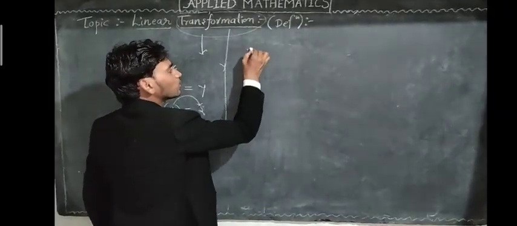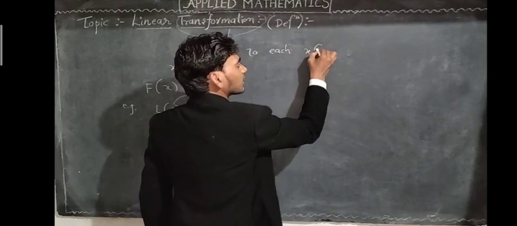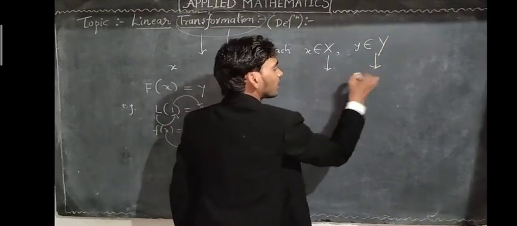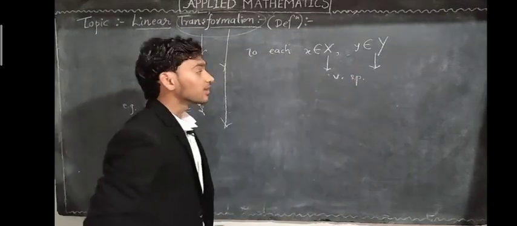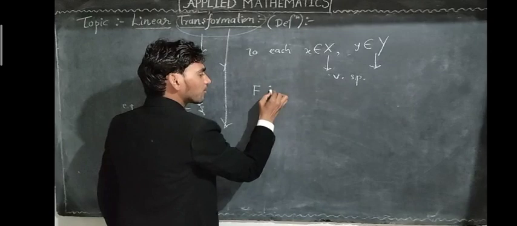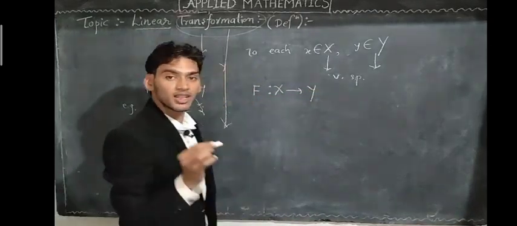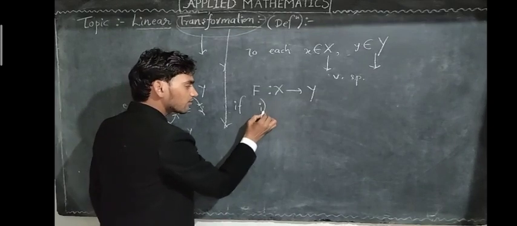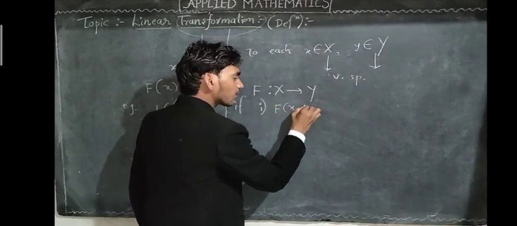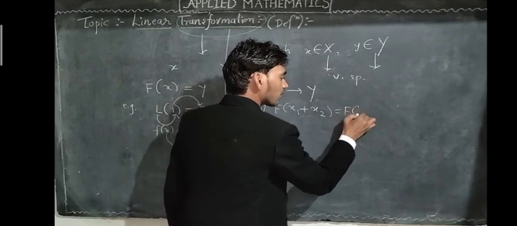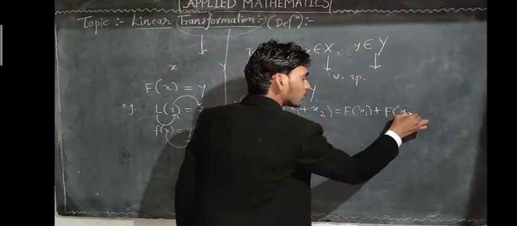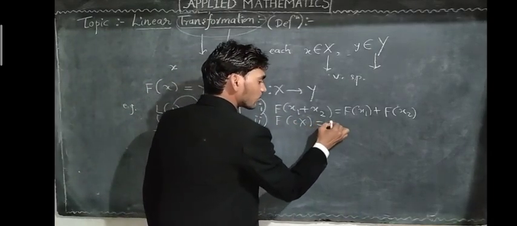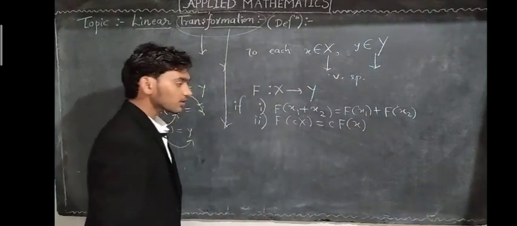So by definition, to each vector x in X and y in Y, where X and Y are vector spaces, then a mapping f from X to Y is said to be linear transformation if it satisfies the two properties, and these properties are: first one, f of x1 plus x2 equal to f of x1 plus f of x2, and the second property is f of c into x equal to c into f of x, where c is